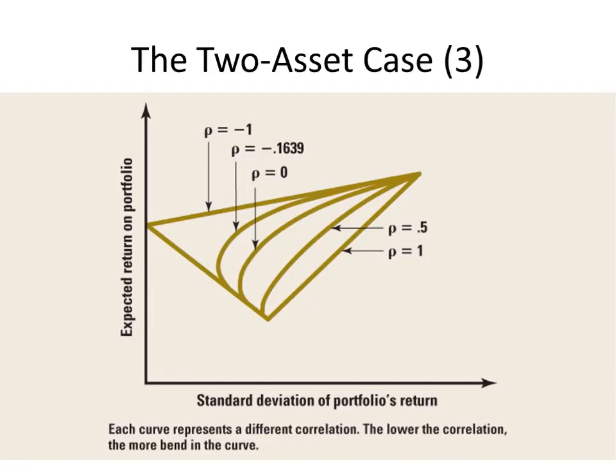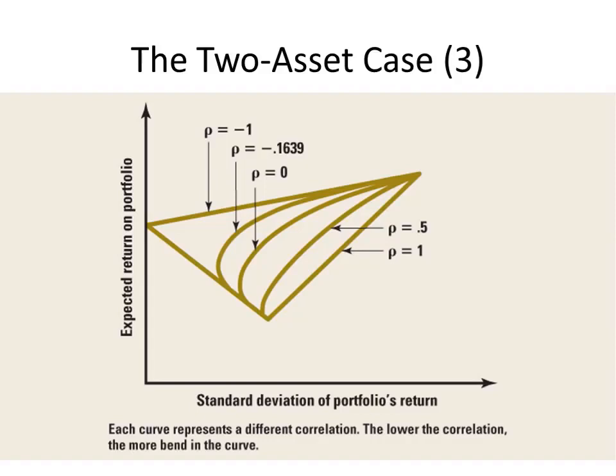However, when that correlation starts to fall, there becomes a curve in the line. And the lower the correlation is, the more extreme that curve gets, until at the point of perfect negative correlation, we wind up with 0 risk and a positive expected return. Now, many students at this point say, wow, that's great. We should do that. The problem is it's very difficult to find two stocks with positive expected returns that have